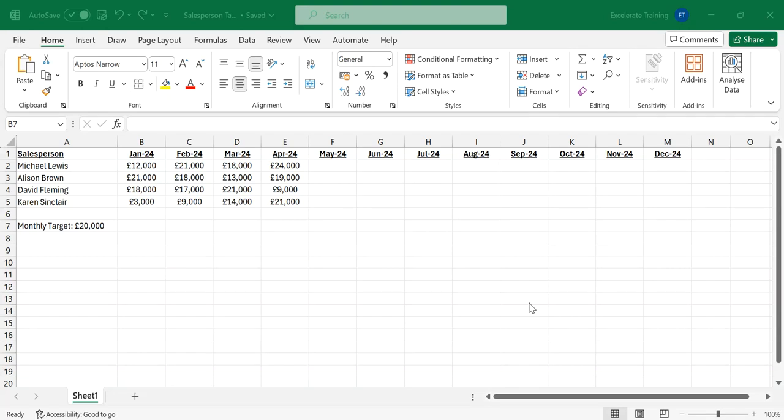Hi, in this lesson we are going to cover conditional formatting. This is a really useful tool which allows you to change the format of your data based on certain criteria. There are a number of different ways you can use conditional formatting, so I'm going to give you a quick overview of some of the automated ones and then show you how you can create your own custom formatting based